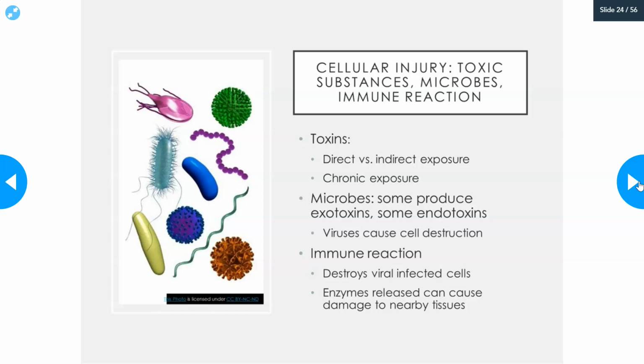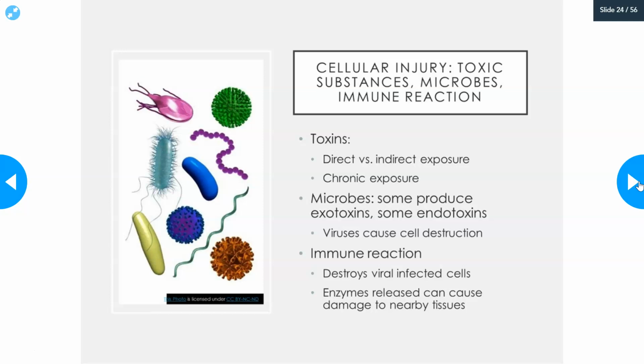And then some can produce endotoxins. So endotoxins are parts of gram-negative cell walls. When the gram-negative bacteria is destroyed, the pieces of the cell wall are released, and they can produce some immune reactions, but definitely fever. And for example, viruses also can cause cell destruction because they invade the cell, take over the cell, replicate in the cell, and then they burst out of the cell or bud out of the cell,